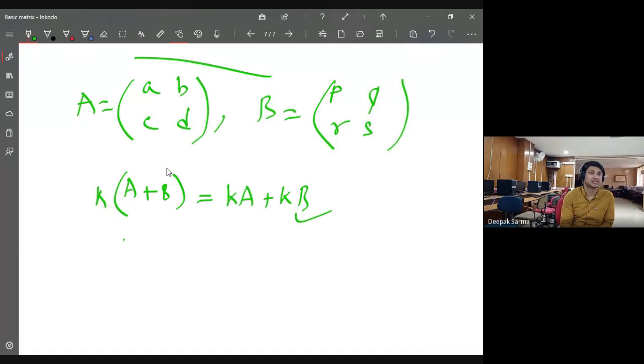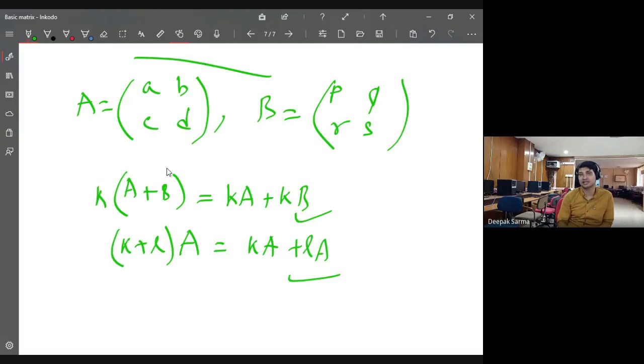Suppose one is K plus L. Then I multiply with the matrix A. Then again I will get KA plus LA. Now you can all verify these things. It's very simple. So take any two examples and try this. So if two matrices are there, then whether you multiply by the scalar first, add them first or subtract them is not important. It will give you the same result. Okay? Fine?